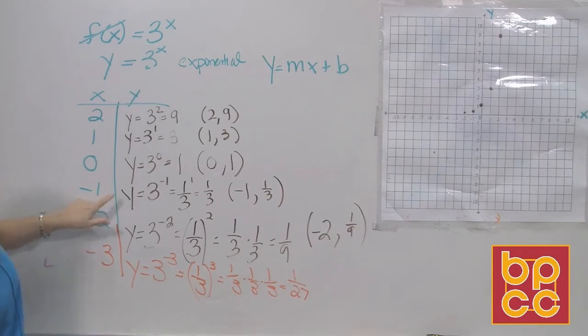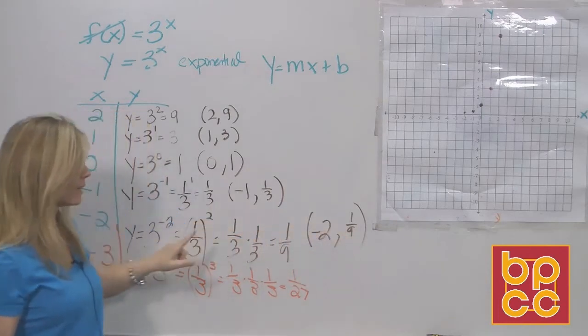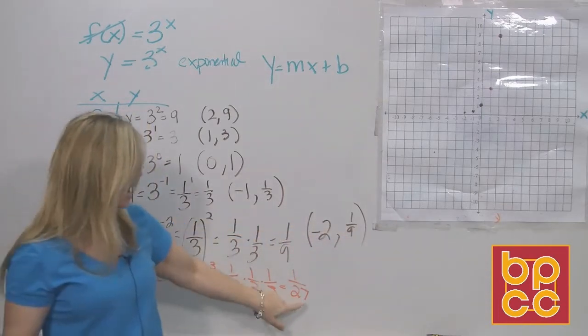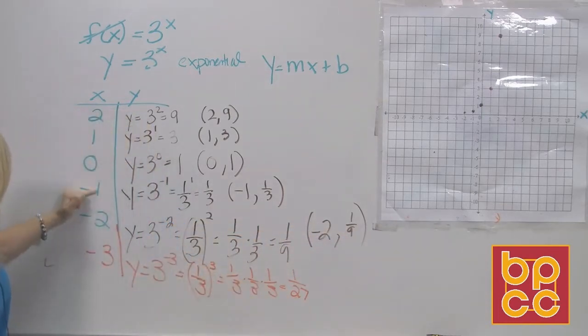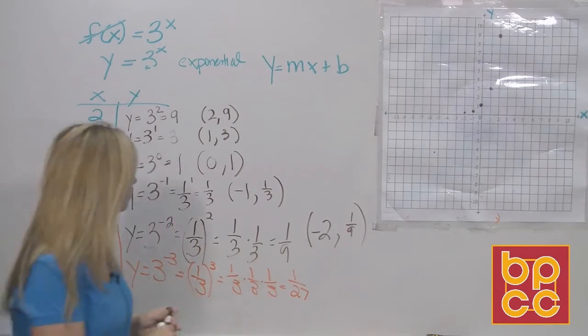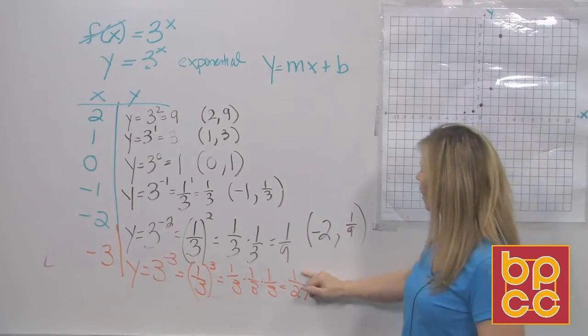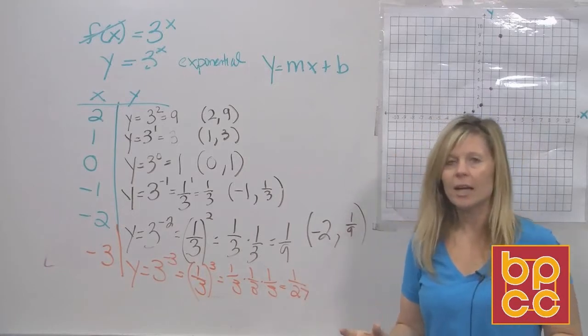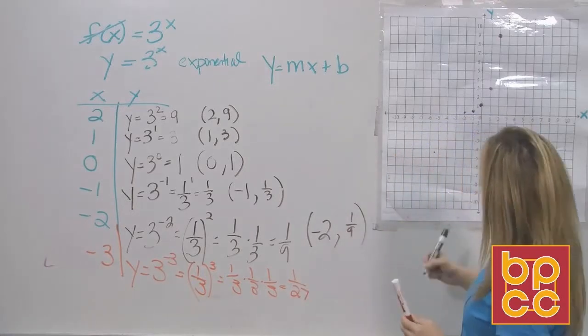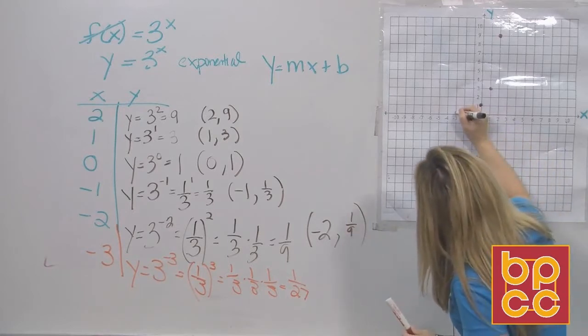So what I want you to notice is, as the x values get smaller and smaller, x was -1, you got a third. x was -2, you got a 9th. x is -3 now, you got 1/27. As the x values get smaller, these fractions get smaller. But if you take 1 and divide it by 27, it's going to be a small number, but it's still going to be positive, so it's still going to be